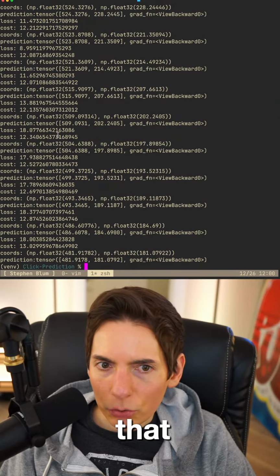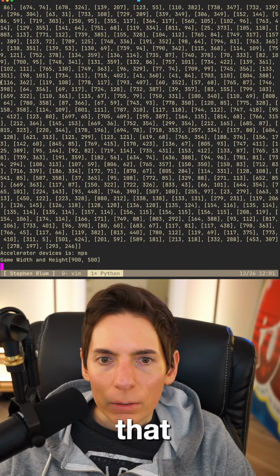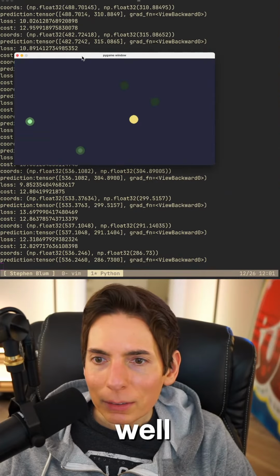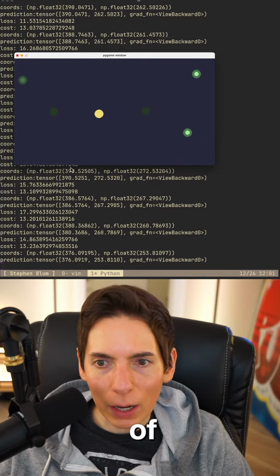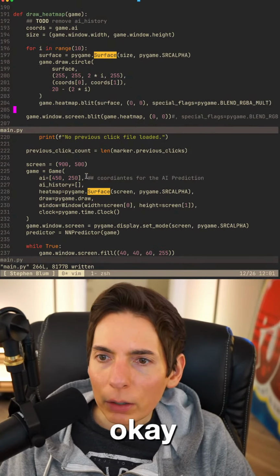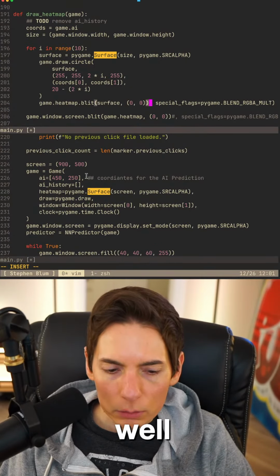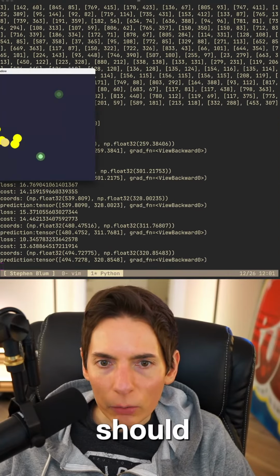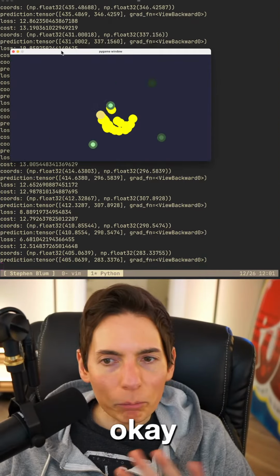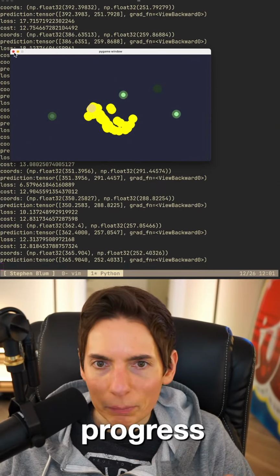Like that. Let's try that. Well, a little bit of progress. Okay, so what if we get rid of this special flag as well? Try this. We should see it now. Okay, progress. Making progress.